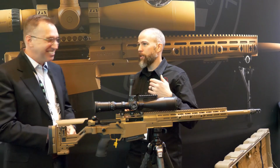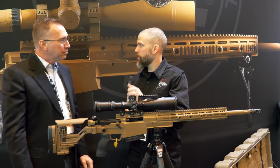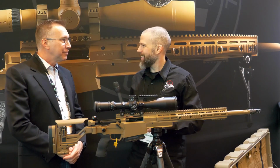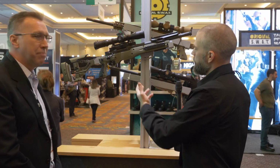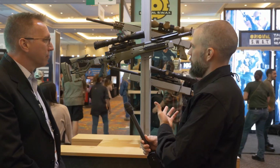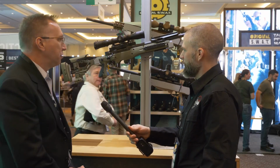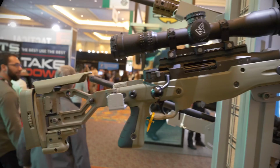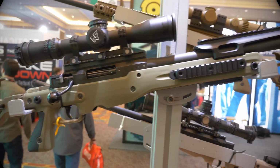Okay, and I notice the other big change for the show here is the LE AT. Yes. We want to switch over and take a look at that. Let's go look. So now we've got the LE version of the AT here. Do you want to take us through a little of the features and what makes it different than the standard AT? Sure, John. This gun has a feature set that's purely based on feedback from law enforcement agencies, and Mile